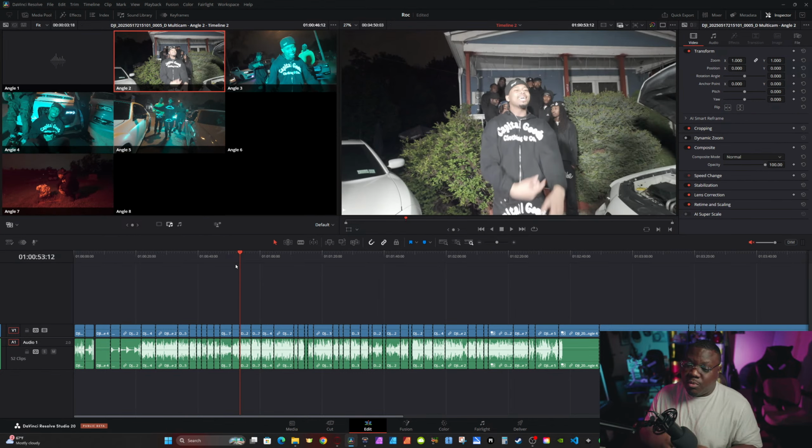Say if it's right here, if I don't like this cut or I want to cut to something else, I can just right click, go to multicam angle, then change the angle because all the angles are still there from the multicam. Actually, I want to hit Control Z to go back. And I'm gonna make sure I go over here and hit video only because I want to keep the song there.